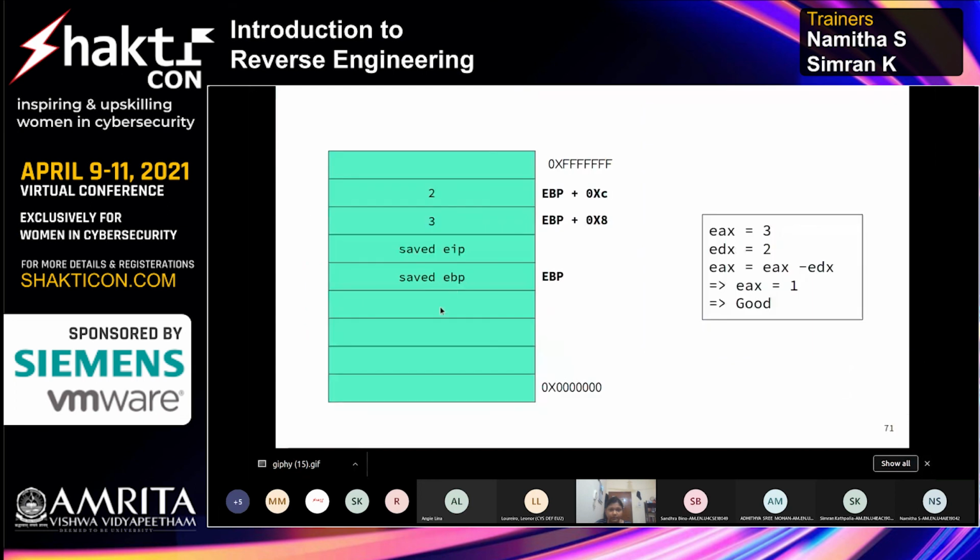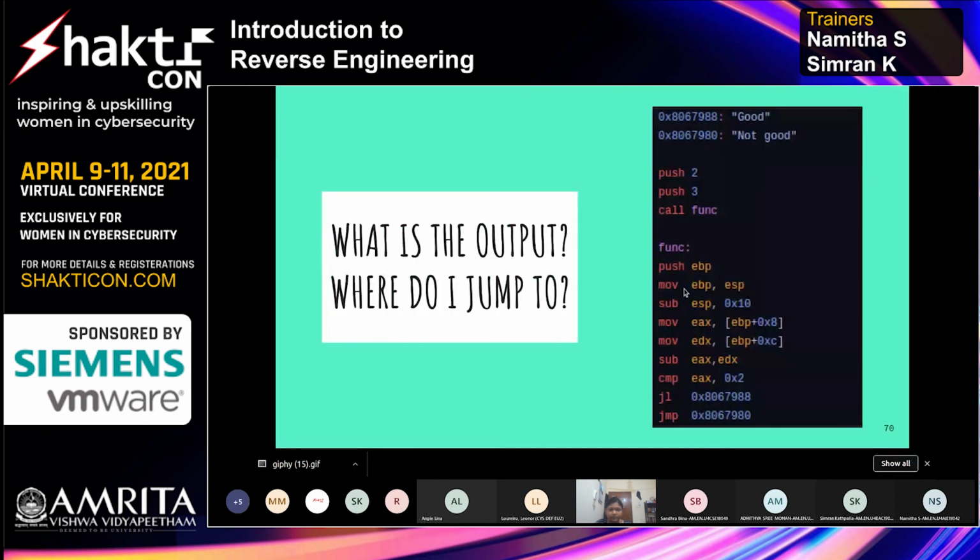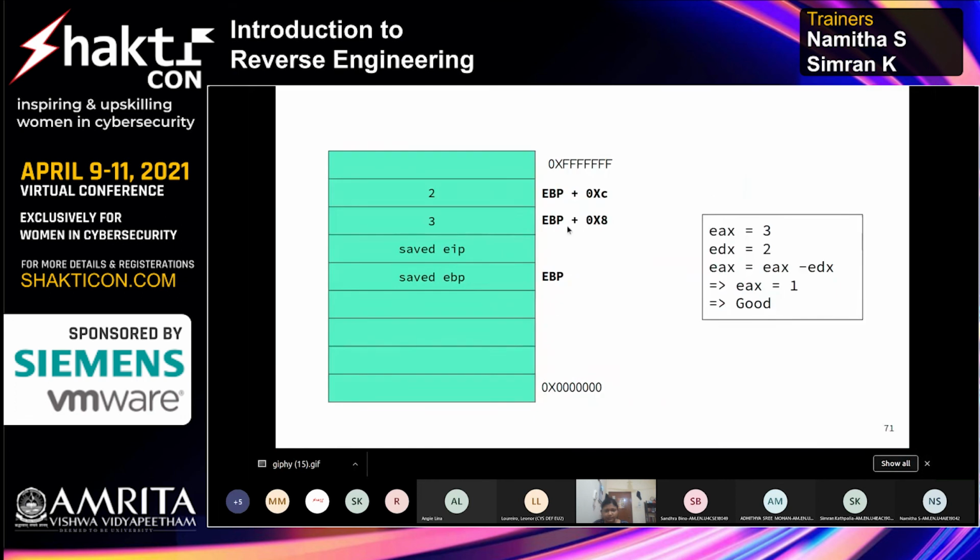Then doing EBP plus 0x8 and then EBP plus 0xC. What will be EBP plus 0x8? Your EBP is here, and after incrementing by 4, EBP plus 0x8 should point to the first value.